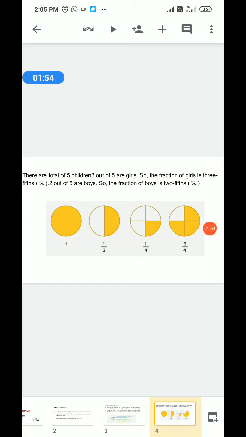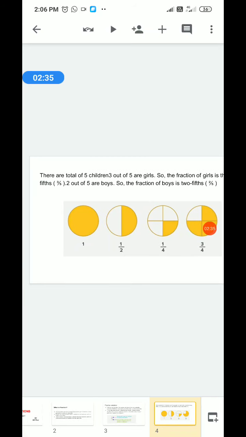Here we have circles. In the first circle, there is no equal division, it is not divided, so only one part is there and that one part is fully shaded, so it is 1. In the next circle, it is divided into two equal parts. How many equal parts in total? 2. So the total number of equal parts goes in the denominator, that is 2. How many parts are shaded? Only one part is shaded, so in the numerator we have 1. Can you see this? 1 by 2. 1 is the one part shaded in the circle, and 2 is the total number of equal parts.